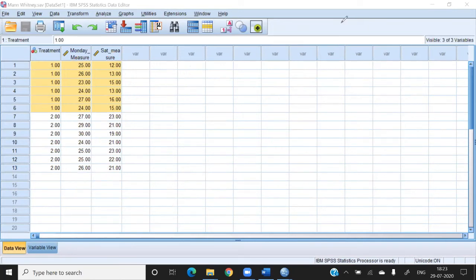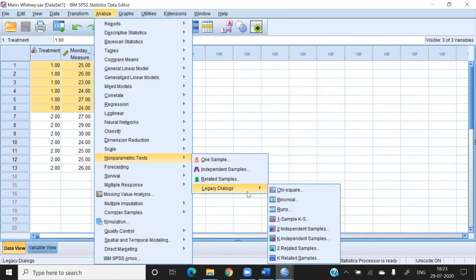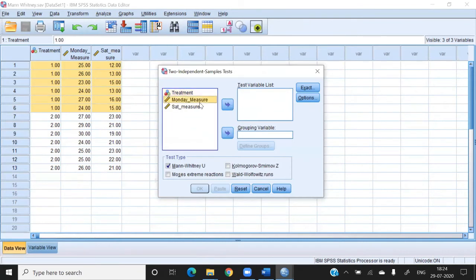And first of all, I'm showing you how to run it. So go to Analyze, go to Nonparametric Tests, and we have the 2 independent samples case. This is case number 1. Case number 1 means we want to check the independent samples between the 2 groups. And here, first I want to check whether on Monday both are the same or not. So you can see that I just did it by default.